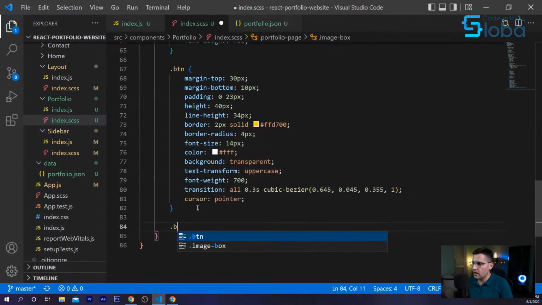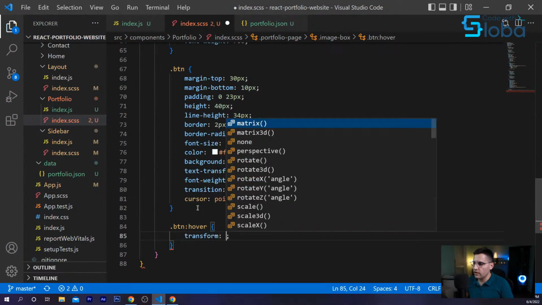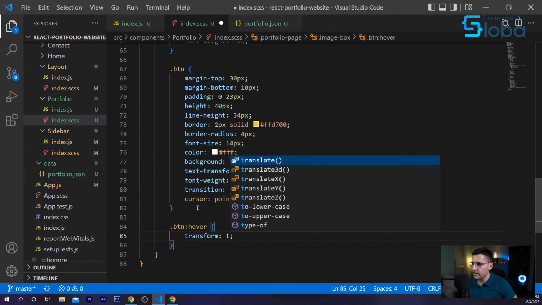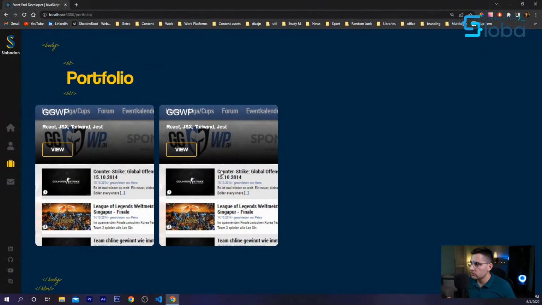Now let's add a hover effect on the button, on hover. Let's move it a little bit up. So add transform, translate Y minus 3 pixels. Cool.